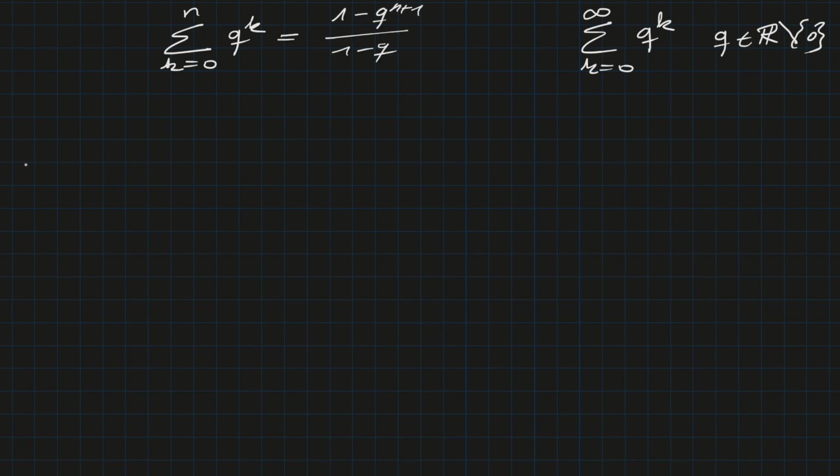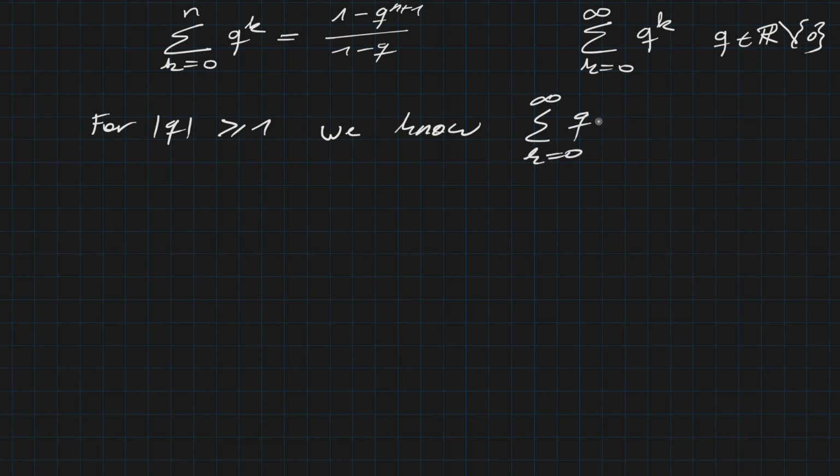And before starting with the actual topics, a short note: for q bigger or equal than 1, we know that the limit of this infinite series is infinity. This is because an infinite series can only converge if the sequence inside is a sequence that converges against 0. If you want to see a proof of this fact, and this is also a very important fact,